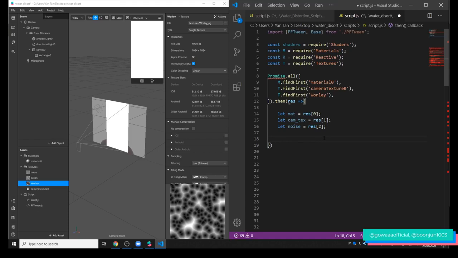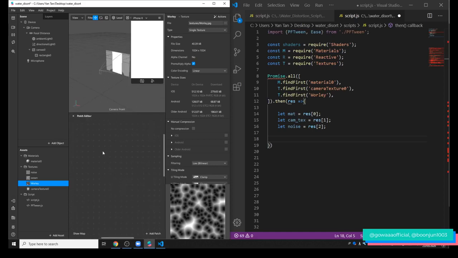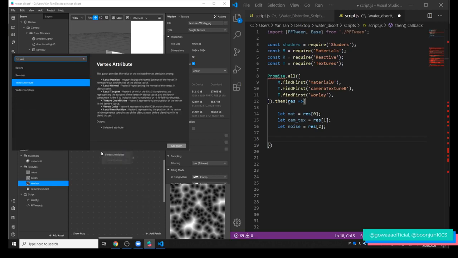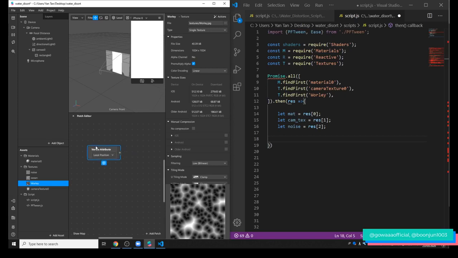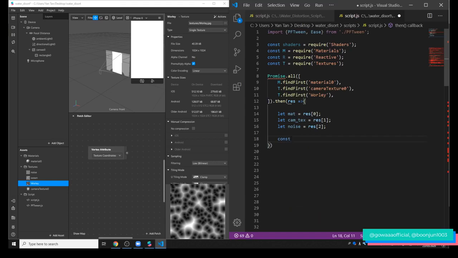Alright, so finally we move on to the new thing, which is to get the UV. If you are familiar with coding shaders in a text editor, if you want to get the UV of the texture, you can get it from vertex attribute and go to texture coordinate. Texture coordinate is basically the UV of the texture that you're going to use. In code, it's a little bit more complicated. We need to get the UV by accessing the shader modules, shaders dot